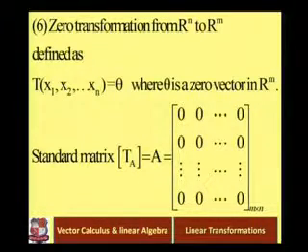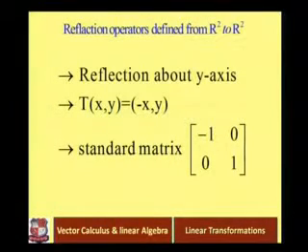Okay. And clearly this is a linear transformation because all the coordinates are constant, all 0. Now if we take the first coordinate, it is 0, so what are the coefficients of x1, x2 up to xn in the first coordinate? All 0. So the first row is 0. Again the second row is 0. All rows become 0, and this standard matrix is of the form m cross n, because our transformation is from Rn to Rm. Okay, so these are some examples we have seen of linear transformations.